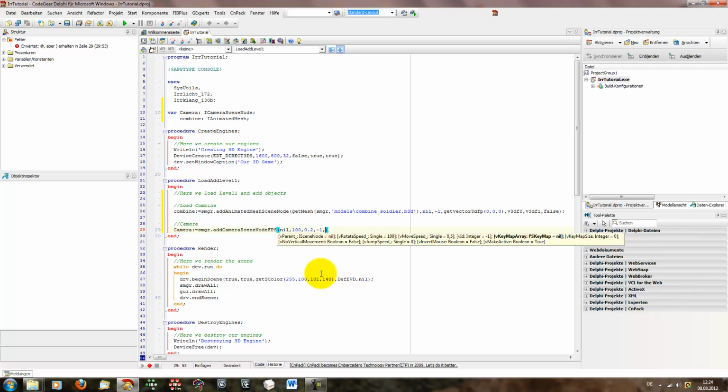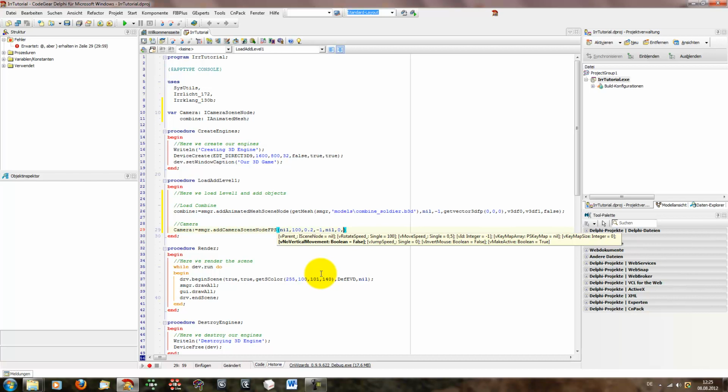If you add a normal FPS camera, then you can control it with the arrow keys. But if you want to use WASD, then you could make your own key map, and I will show you how to do it. But at first we say nil, and then we say the key map size 0